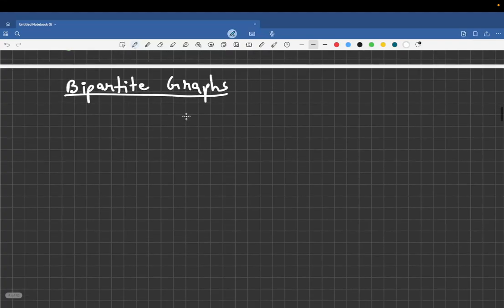I would like to give a bit of context on what we actually mean by bipartite graphs. Bipartite graphs means, basically, you will have some nodes and, since it is a graph, some edges.